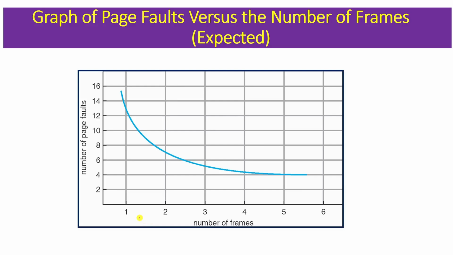So if we see this with the help of a graph, here we can see these are the number of frames, these are the number of page faults generated. So let's say at 1, when we have the number of frames equal to 1, we have this number of page faults, right? At 2, we have less number of page faults. At 3, we have less number of page faults. When we have given 4 frames to the process, the number of page faults are decreasing, right? So this is the usual behavior. With the increase of number of frames, the number of page faults should go down, right?